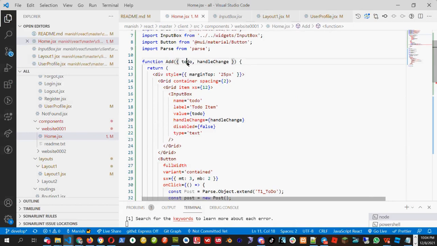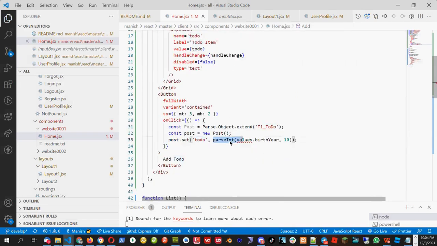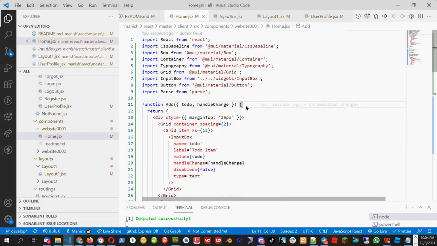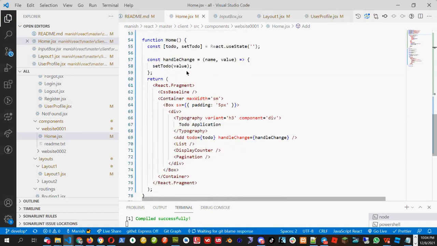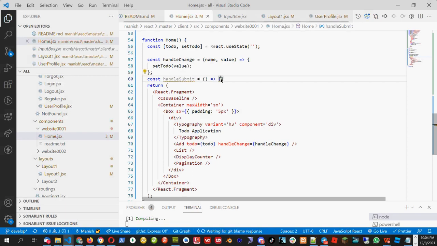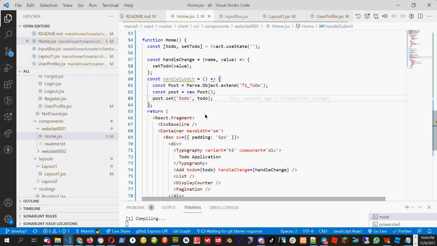I have to take the value this to do. I can put this in another function which is better handled. Maybe I can create a function here in the home, handleSubmit, and inside that I will put the code,